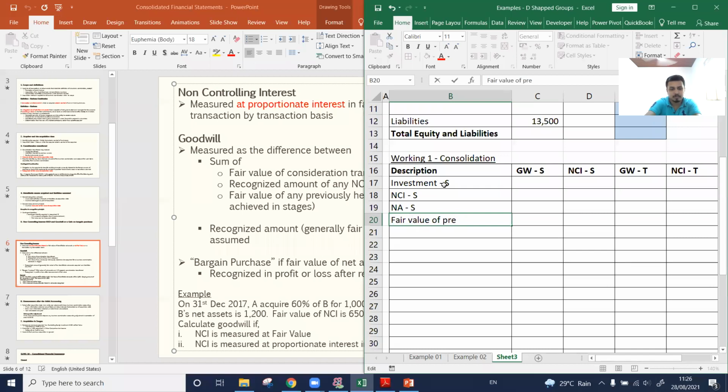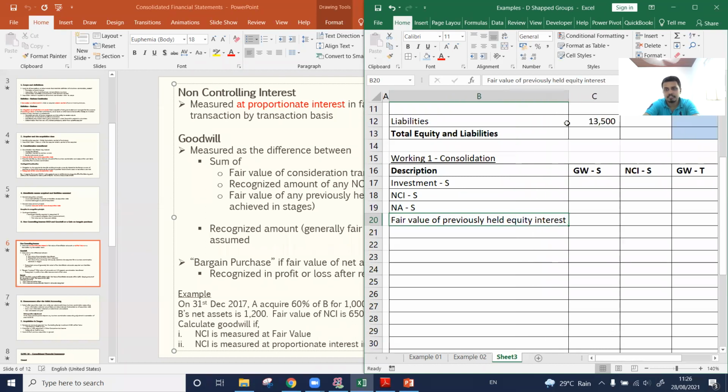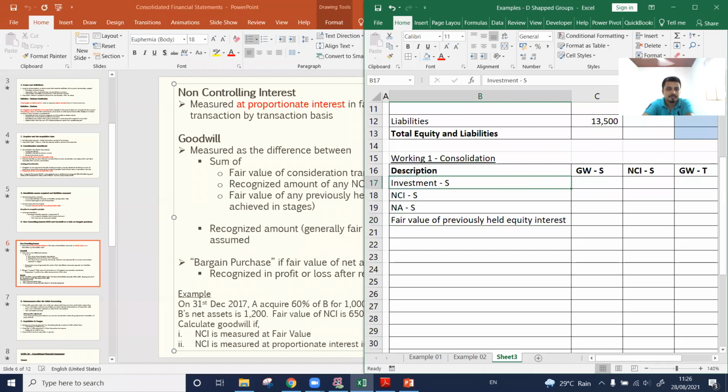Fair value of previously held equity interest. Fair value of previously held equity interest that we need to consider when computing the goodwill. Okay, right. Here,